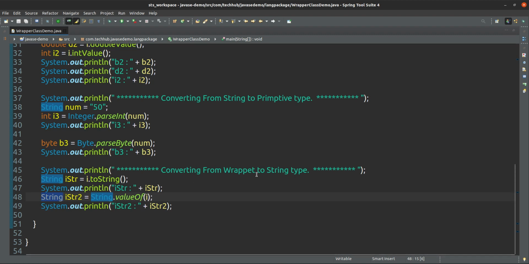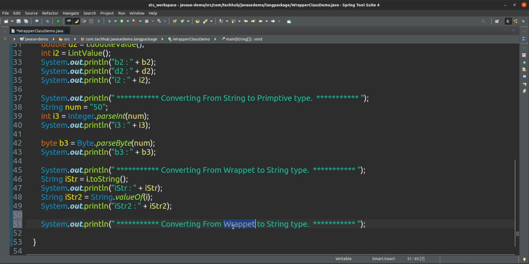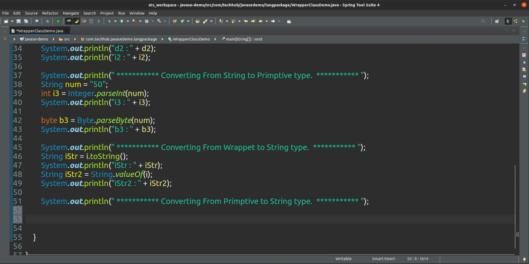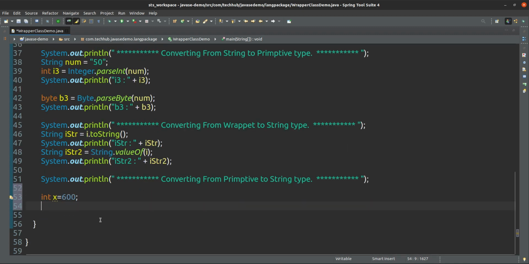Converting from wrapper to string type, and one more is there, last one, converting from primitive to string. That is also very easy. Suppose I have given int x equals 600. How can I convert into string?